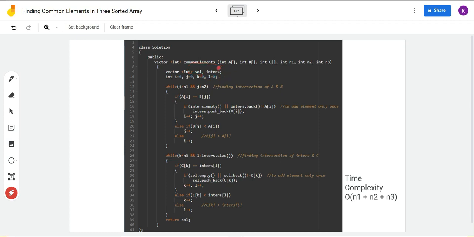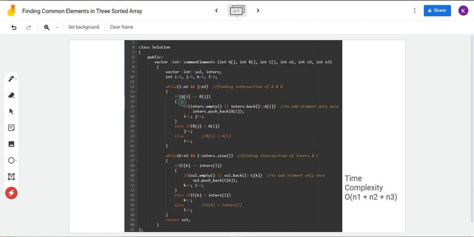The intersection vector will contain the intersection of array A and B, and the solution vector will contain the final solution that we are going to return at the end of this function. We have a while loop that will end once we reach the end of any one of the arrays.